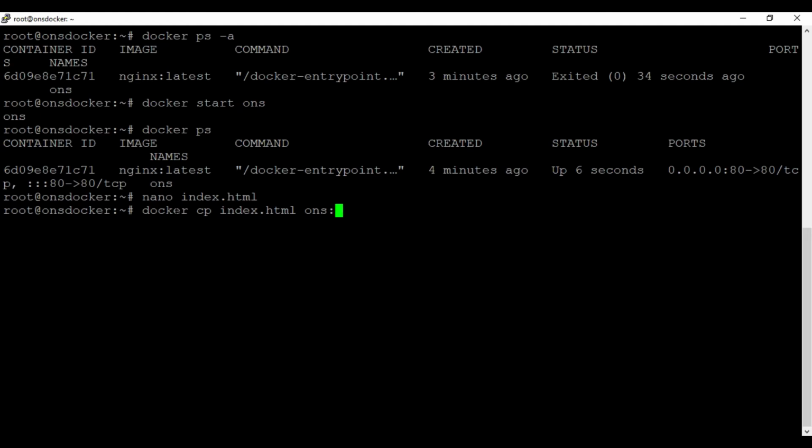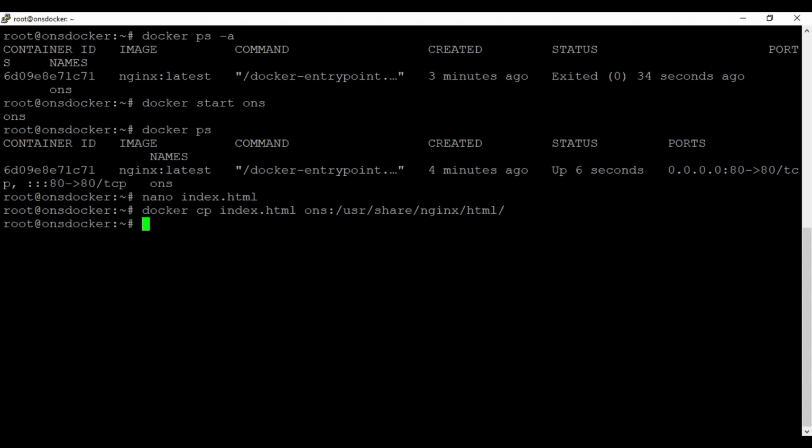After that we have to use the nginx directory: /usr/share/nginx/html/. After that we press enter, and our index.html file will be copied into the nginx directory.